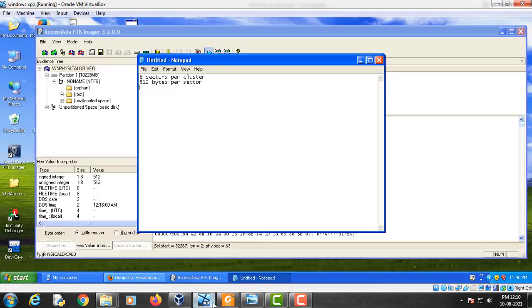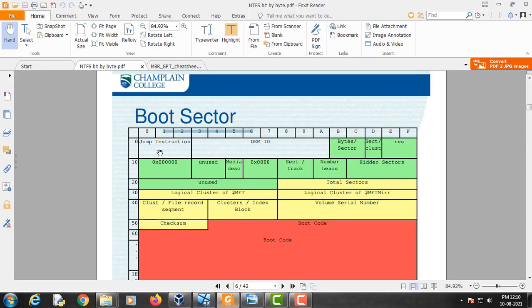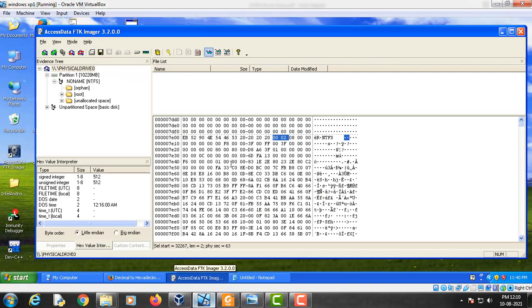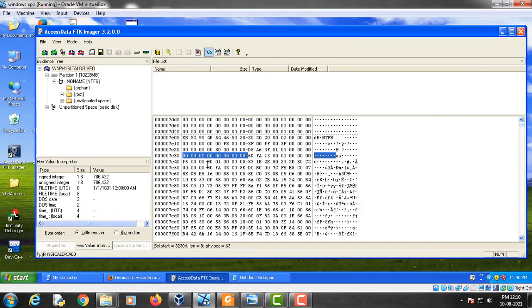So if you go to the fourth row, 1, 2, 3 and 4, and go to the 8th value, this is the location of the master file table. It tells us the cluster value of the master file table in hexadecimal, and if you use this hex value interpreter, it tells us its value in decimal. So we will copy it.